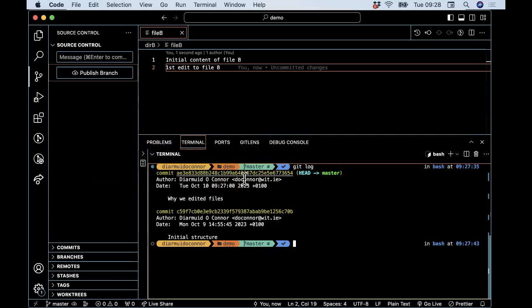So I've done my git log. Here's the hash value of the new commit. So if I grab that and do a git cat-file on that,